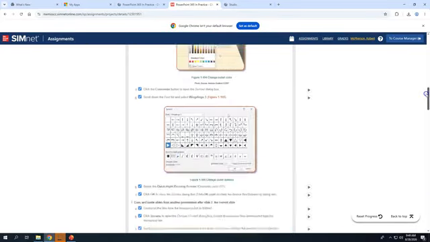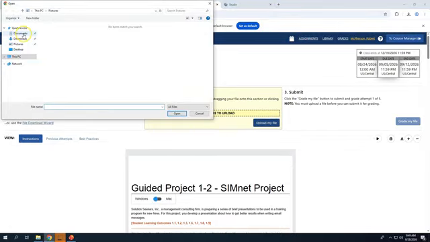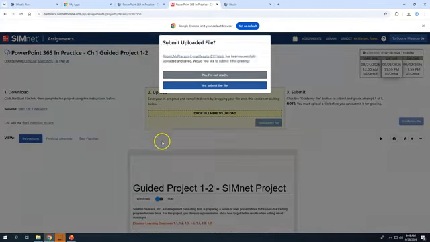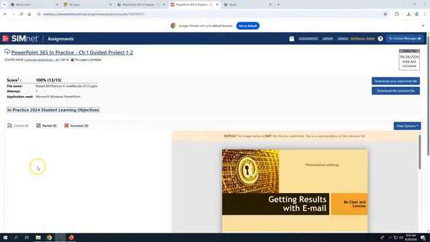And we can scroll to the top. We can upload the file in our Documents. And yes, we would like to submit. And as you see, the score is 100%. So that is how you do PowerPoint 365 in practice, chapter